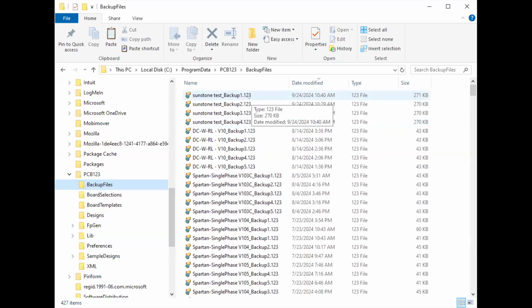10:40. All right, 10:40. That's a minute ago. So the worst case is I'm going to lose a minute. And it saved about 10 minutes apart. So I'm not sure exactly what event triggers a save on the backups, but it does save pretty regularly. You can see here 136, 206, 235, 305. So worst case, you're going to lose 15, 20 minutes of work, which is almost always pretty easy to recover,